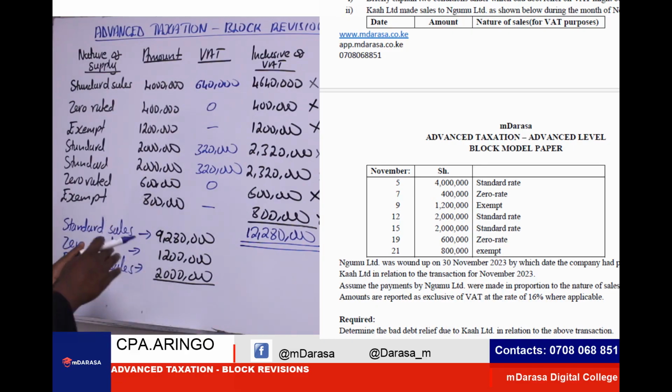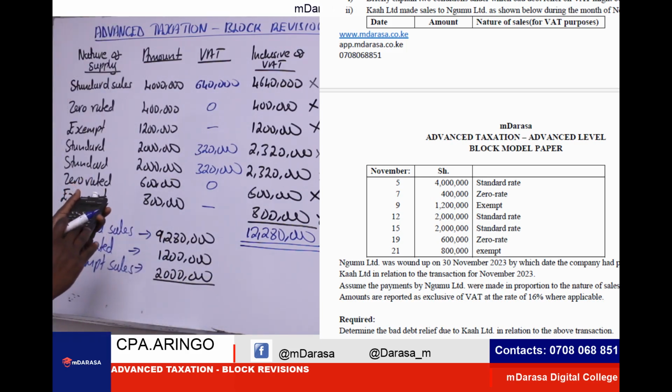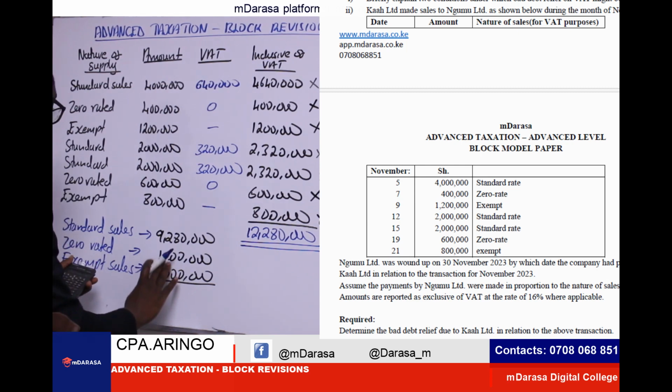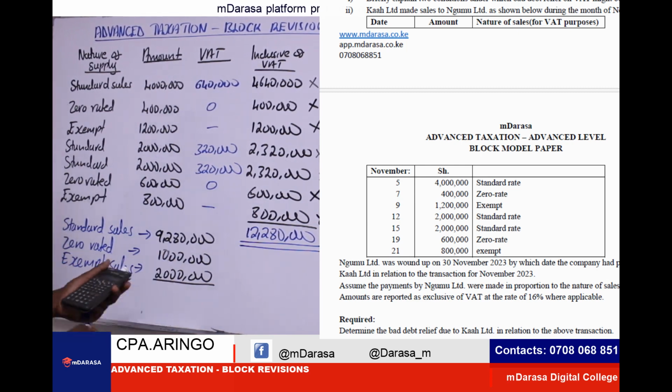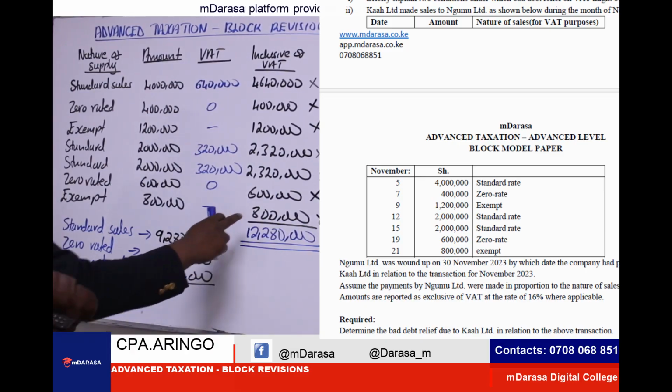You're getting 9280 plus the zero rated, we're having 400 plus our value, which is 400 plus 600 to give us 1 million, right? So this is 1 million, the zero rated, right? Zero rated is 1 million. So that in this case, we're having the